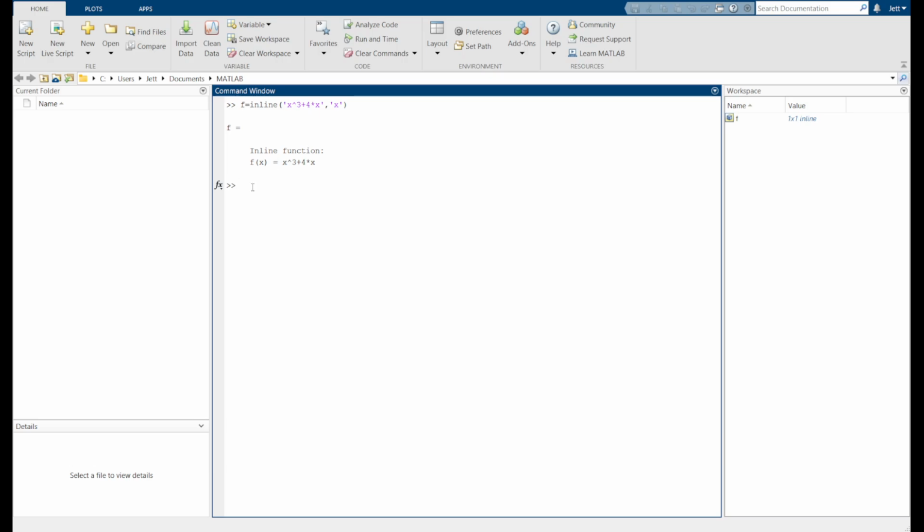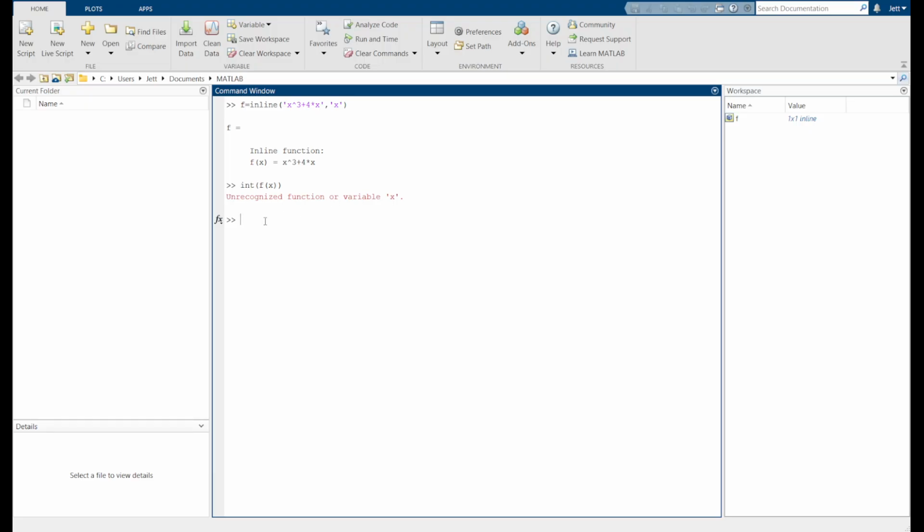We have this function here. Now, the command in MATLAB to integrate is simply the integral of f of x. But if we try to do it as it is, we will have an unrecognized function.